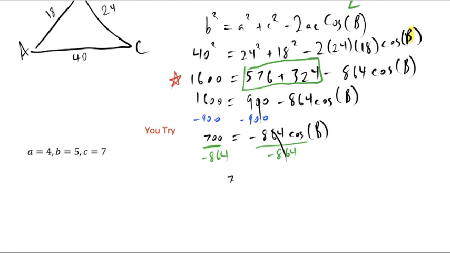So I have 700 over negative 864 equals cosine of B. Since I'm solving for B, and it's inside of the cosine, I'm going to take the inverse cosine of both sides. So taking the inverse cosine of 700 divided by negative 864, close that parentheses, and I get the angle